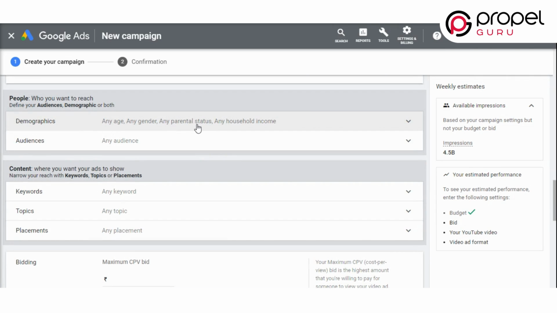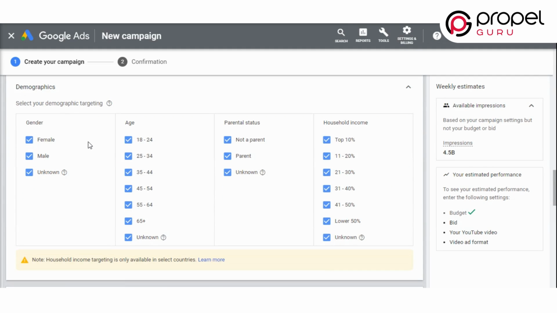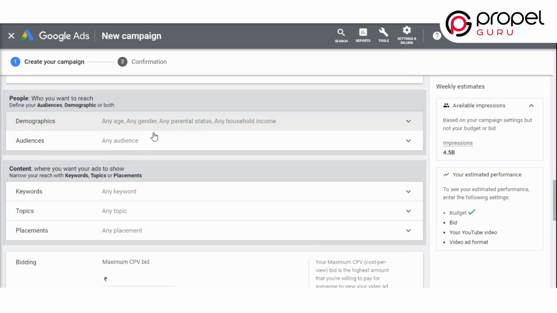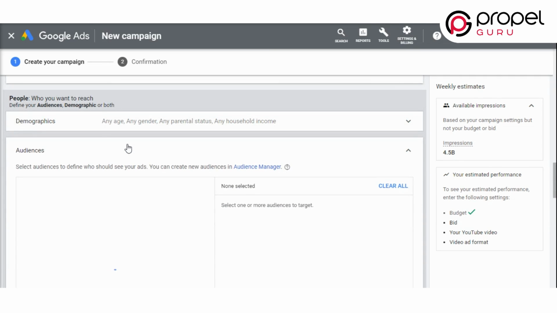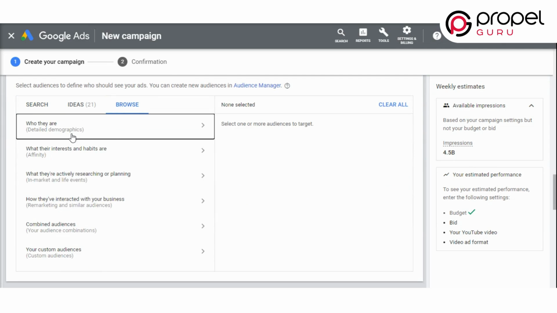You have to understand what your audience type is: male, female or others. Also, you can select the age group of your audience. It can be teens, children, adults or someone in the mid-30s. Also, you can set it up on the basis of your audience's parental status or even their household income. Isn't that great? Well, with so many specifications, you can surely reach your target audience in no time.